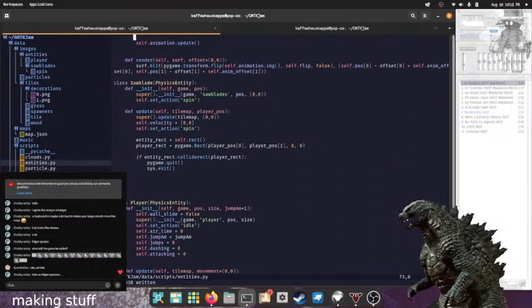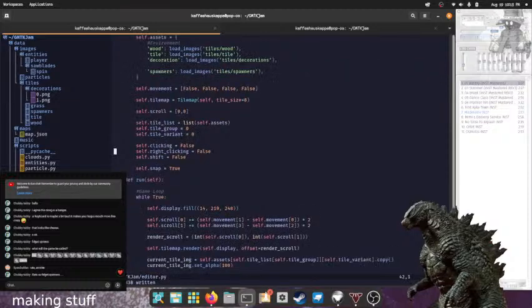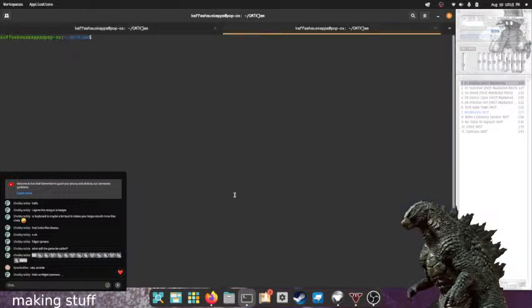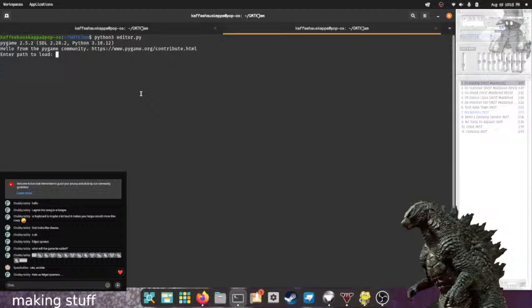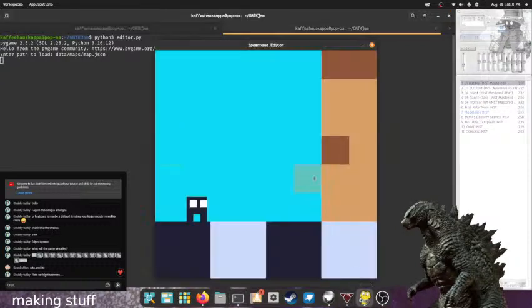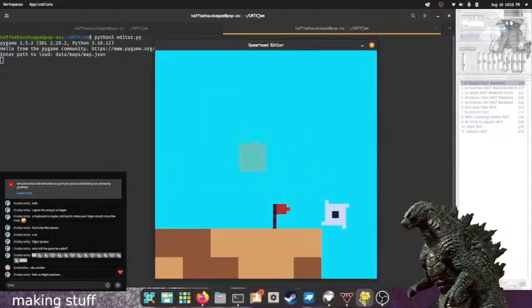I think, yeah, I just gotta finish up a level now and then I'll build and release. That's it. Wait, no, it's data/maps/map.json. I'm gonna have to make a cheese entity as well. That makes it so you win the game. Or maybe I'll just have it say you win beside a block of cheese or something.